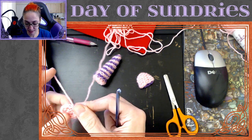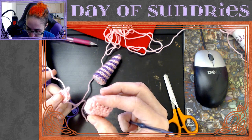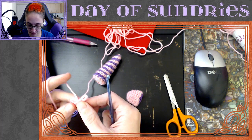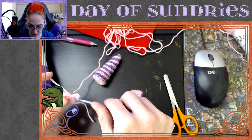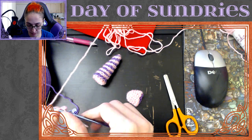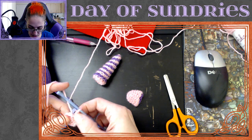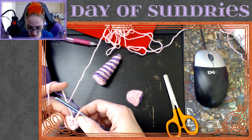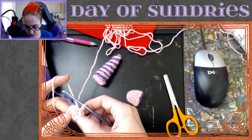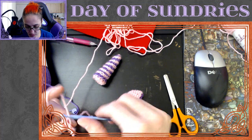Now, how did I do this previously? Did I slip stitch? I don't remember. I have yet to slip stitch, so maybe that is what I did. But then how... So that still gives me 10 stitches. 1, 2, 3, 4, 5, 6, 7, 8, 9, 10. How do you do the invisible...